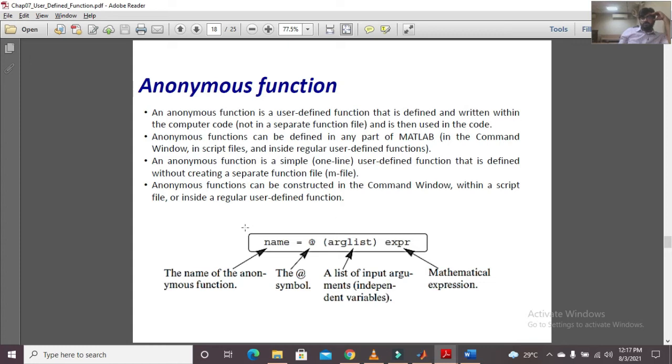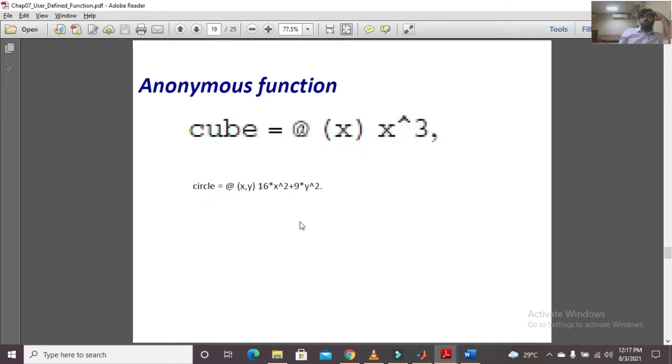So this is what the syntax of the anonymous function is. You will write down the name equals to @ and the argument list, and then the mathematical expression which you want to perform. Let's say you want to perform a cube.